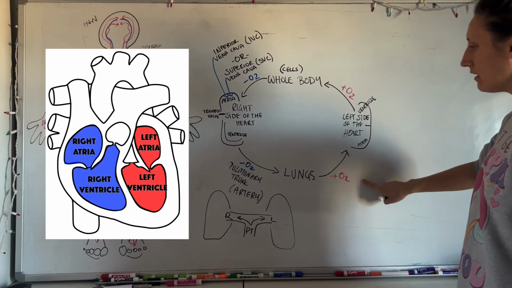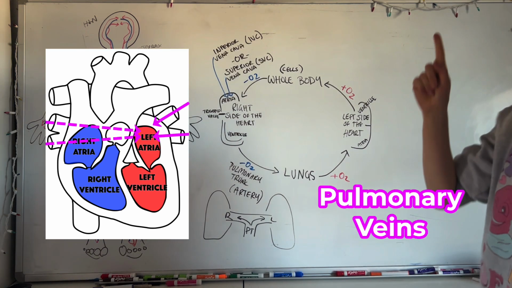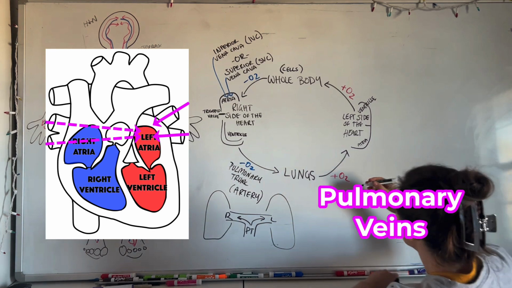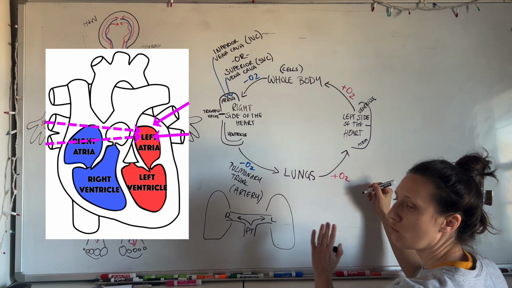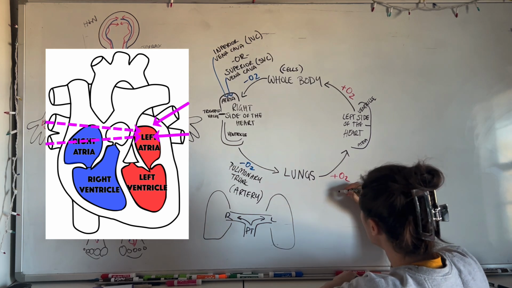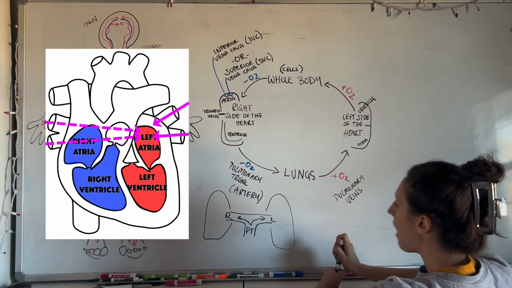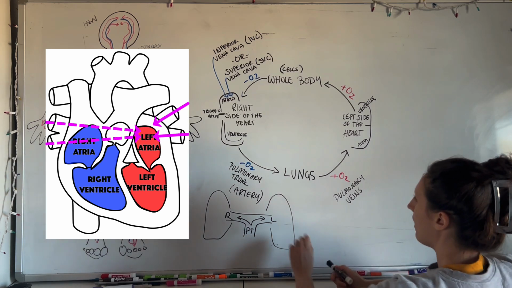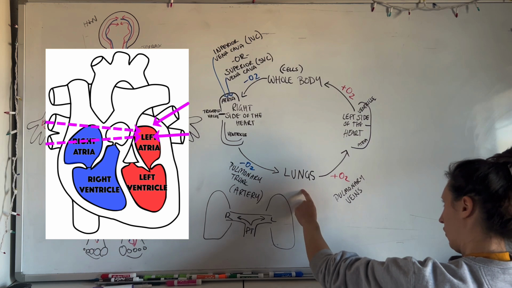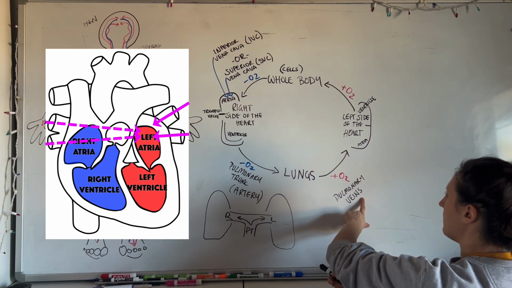Oxygenated blood is going to come out of the lungs through pulmonary veins. This is the only time veins and arteries are carrying what I would call the wrong type of blood. And it's because this is the gas exchange organ. So this is through pulmonary veins carrying oxygenated blood. Weird, right? Deoxygenated from the heart, pulmonary arteries to the lungs, leaving the lungs with oxygenated blood, pulmonary veins back